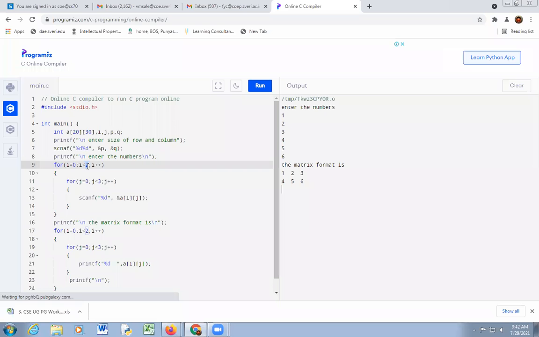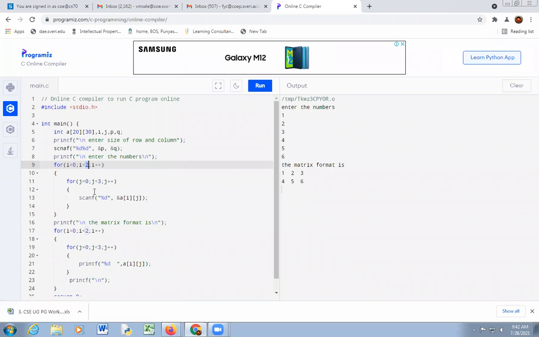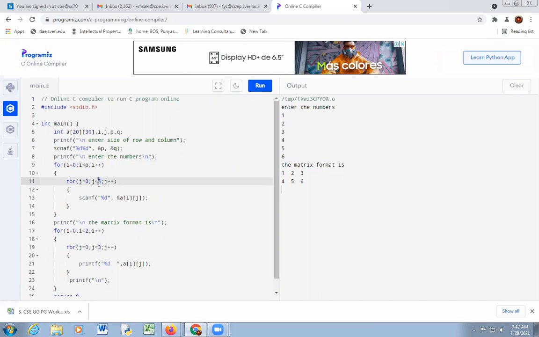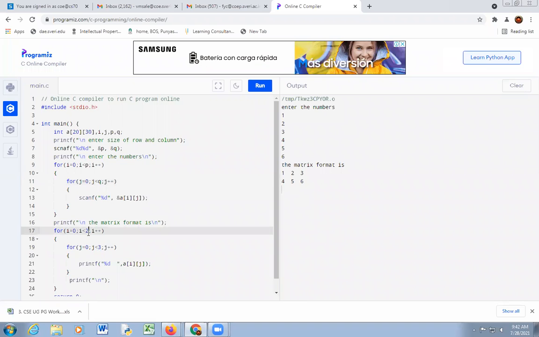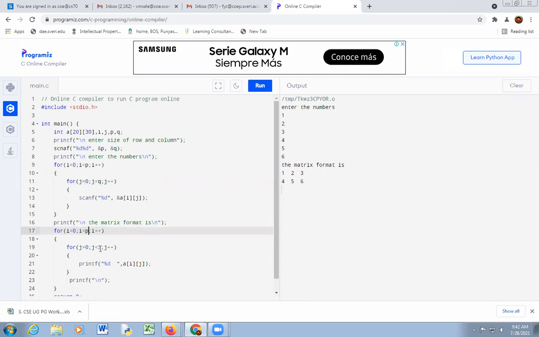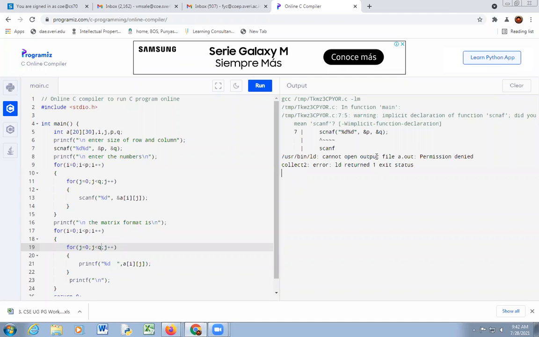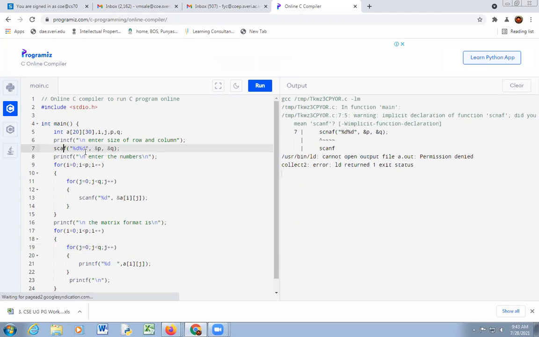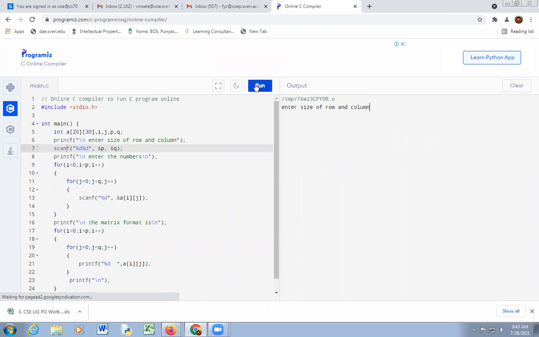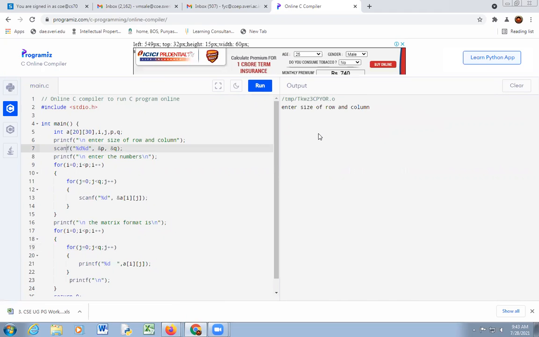So here declare row size P, column size Q. Same here, row size P, column size Q. Okay, I will execute this code. Okay, see here, enter size of row and column.